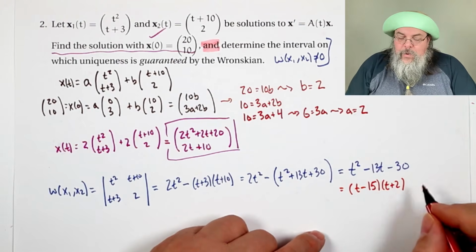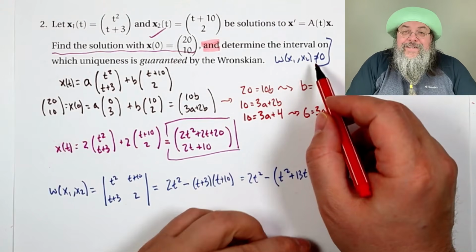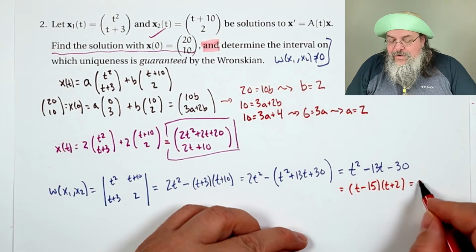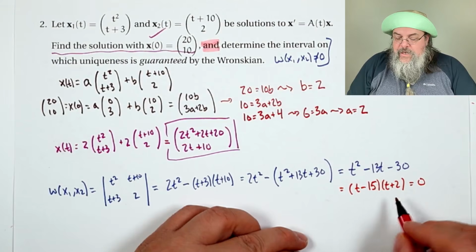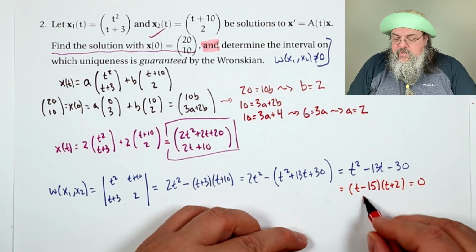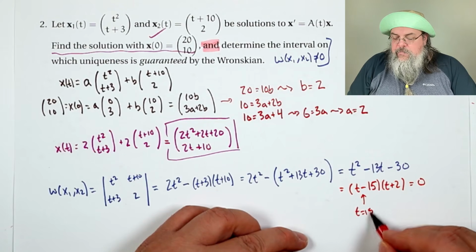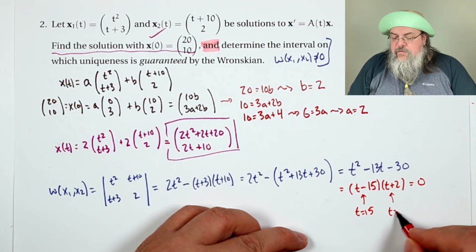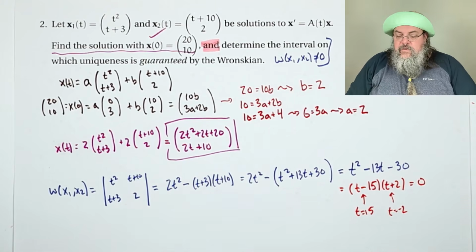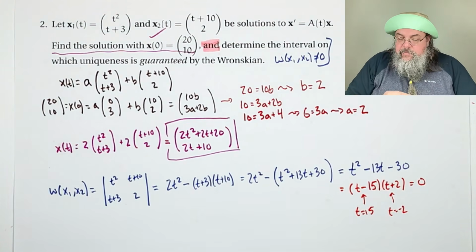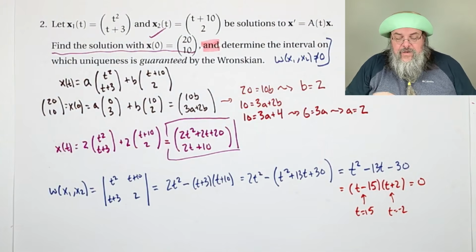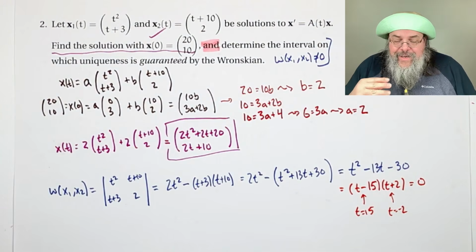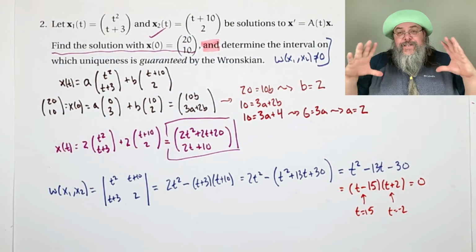Check it, right? t squared plus 2t minus 15t is minus 13t, and minus 15 times 2 is minus 30. Now, we care about where it's non-zero, so we say, well, where is it 0? And what we get are two possibilities, namely t equals 15 and t equals negative 2. So at those places, 15 and negative 2, solutions start to break down a bit. Now, what's actually happening